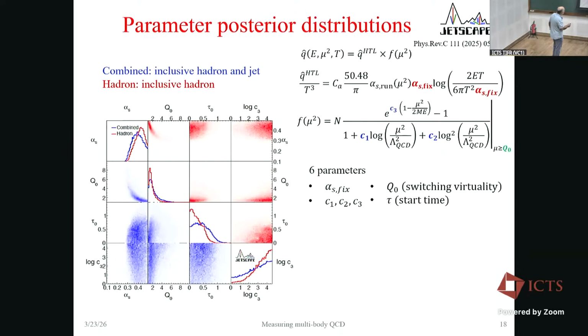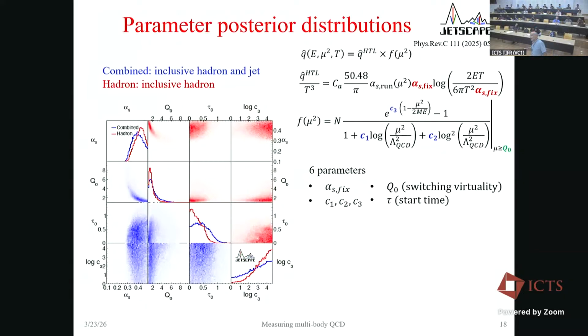This shows you how well we converged on the solution. So this alpha S, which is the parameter for the hard thermal loop Q hat, is reasonably well constrained. Blue is